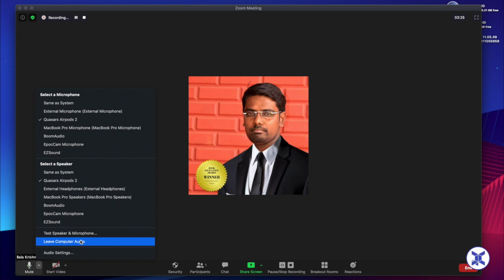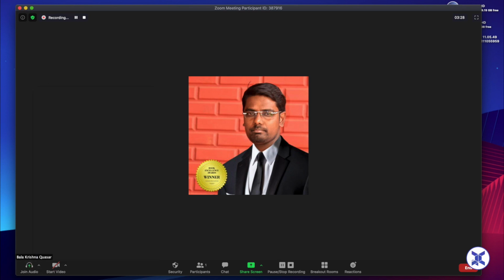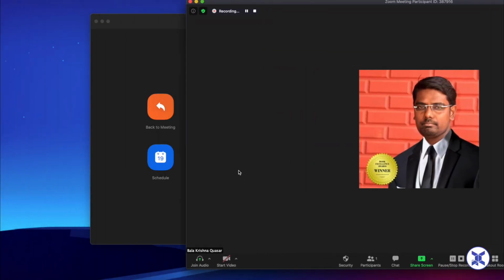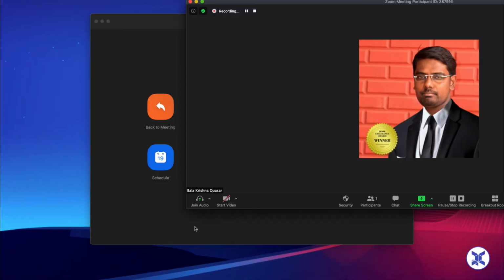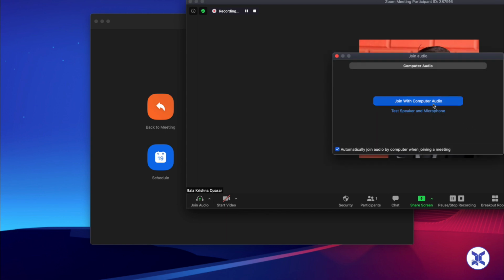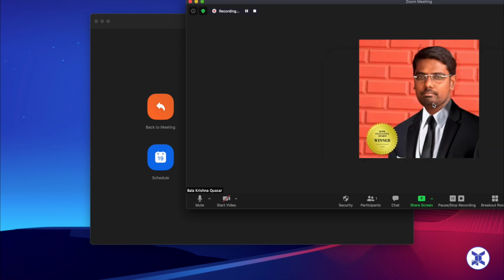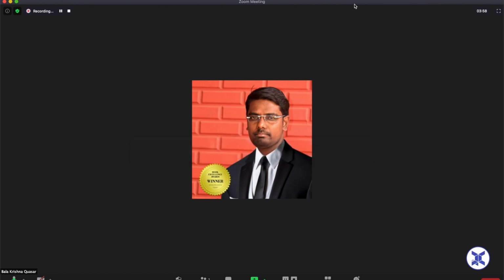icon is displayed. If this icon is displayed, I'll just zoom into this. Wait, let me put it in the center and zoom it for you. If this is an icon which you are seeing on your system or on your mobile, then it means you will not be able to listen to the audio. Then what you need to do, just click on it and select join with computer audio or mobile audio, whatever it is. Then automatically you will be able to listen to the audio. So these are the common errors which happen especially when we talk about the audio.